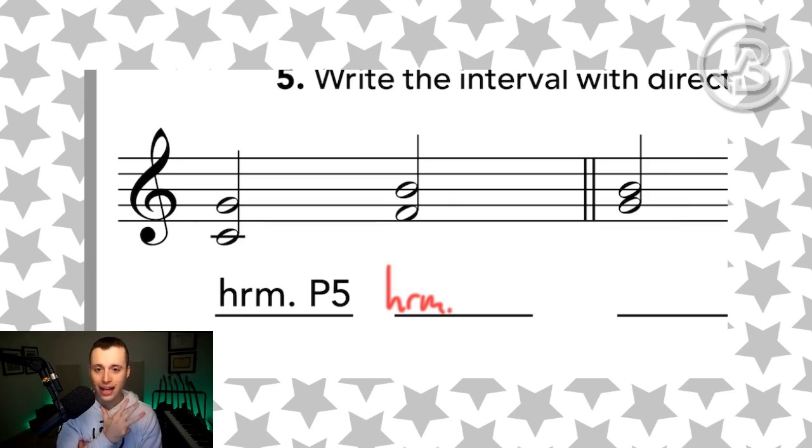From A to A sharp or B flat, that's another half step. Now, from A sharp or B flat to B, that's another half step. So now we have from F to B, that is a distance of 6 half steps. So let's hop back into the music theory book and check what 6 half steps would be for our